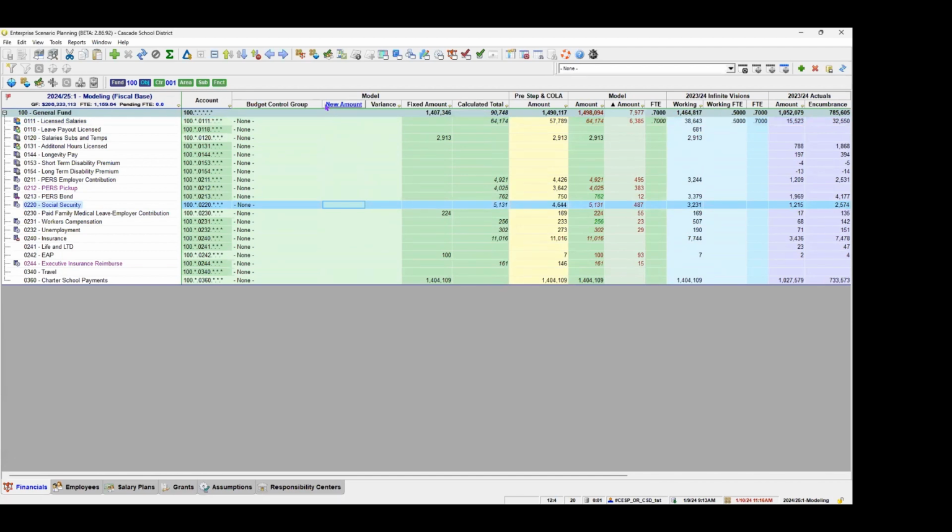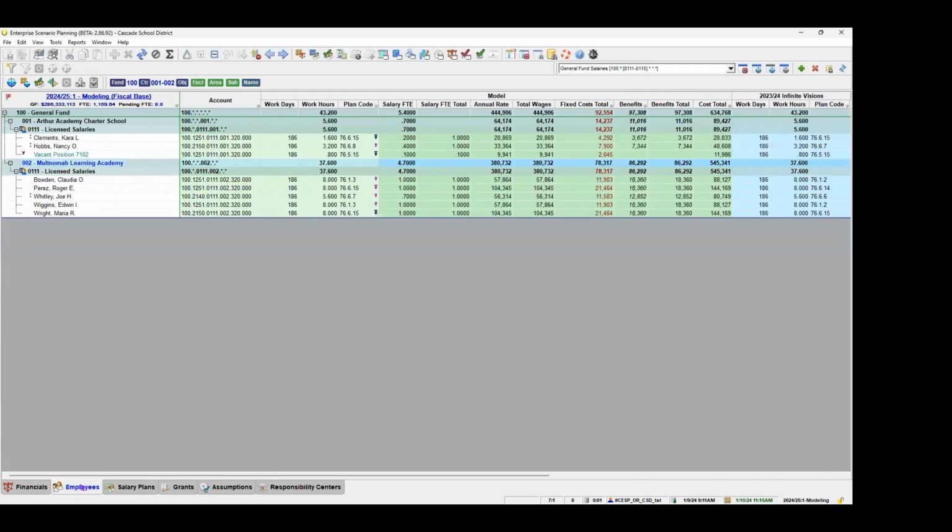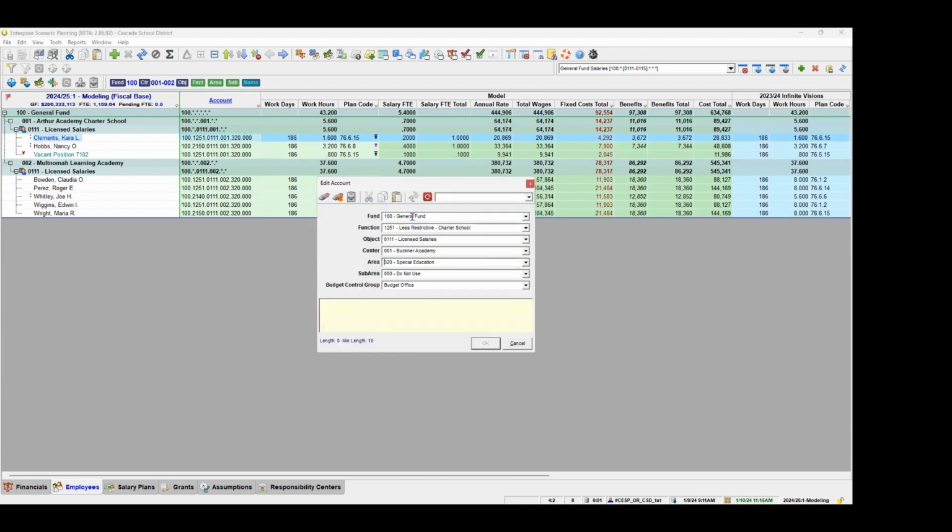Okay. All right, let's look at the employees then. This is where you're going to probably do most of your work with the employees. And we talked about moving. You can move individual employees. They have an account code just like on the financials. You select it, and then you just give it